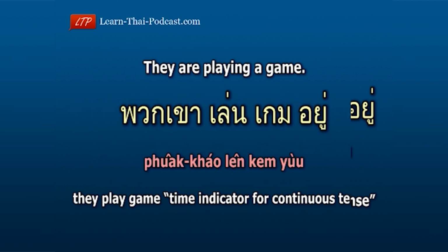Another example. They are playing a game. พวกเขาเล่นเกมอยู่. They พวกเขา, play เล่น, game เกม, time indicator for continuous tense อยู่. They play game time indicator for continuous tense. พวกเขาเล่นเกมอยู่